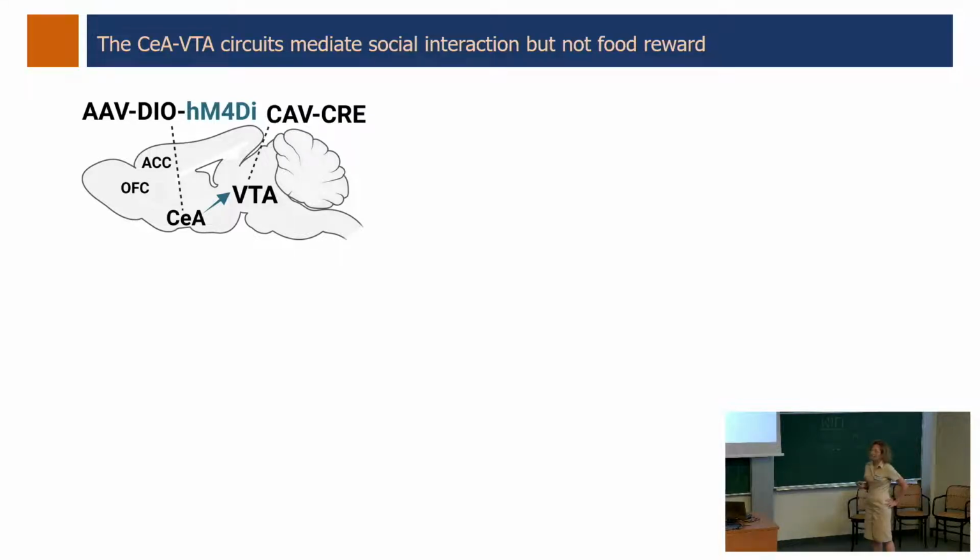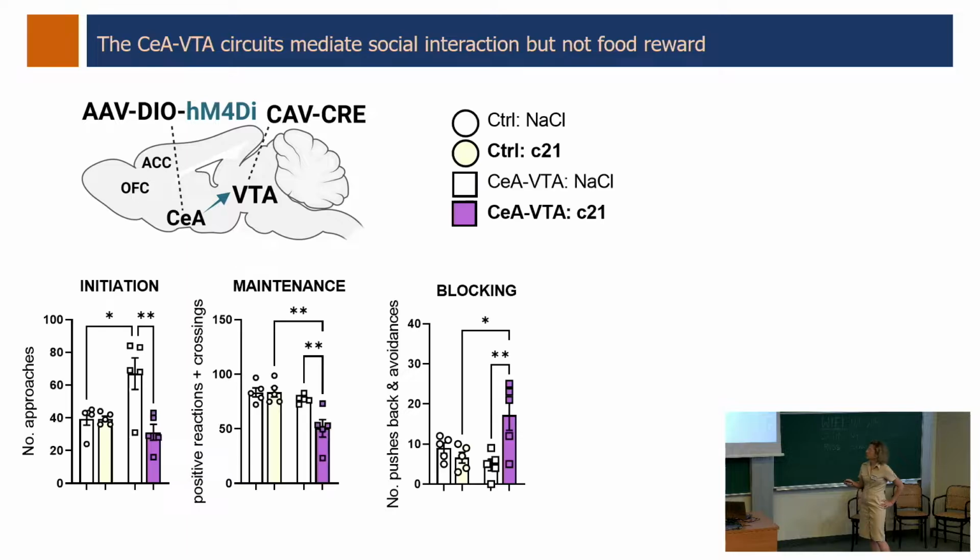and the central amygdala gives the dopaminergic input through the ventral tegmental area. So there is a projection from the central amygdala to the ventral tegmental area, and from the ventral tegmental area to the anterior cingulate cortex and orbitofrontal cortex. So we firstly decided to look at what happens when we block this projection from the central amygdala to VTA,